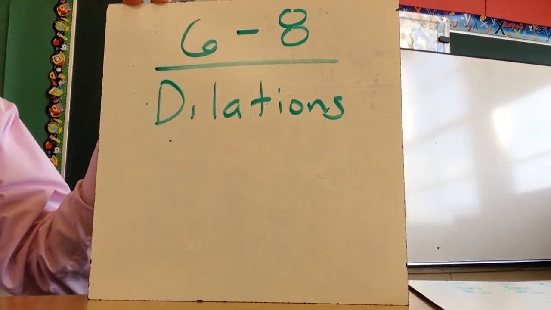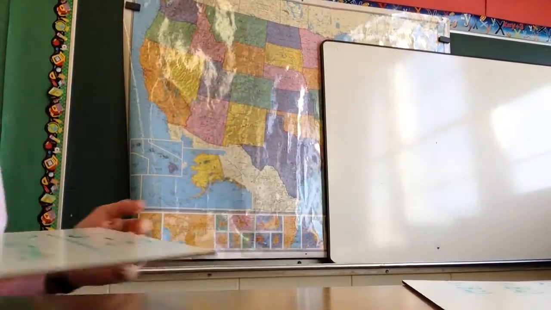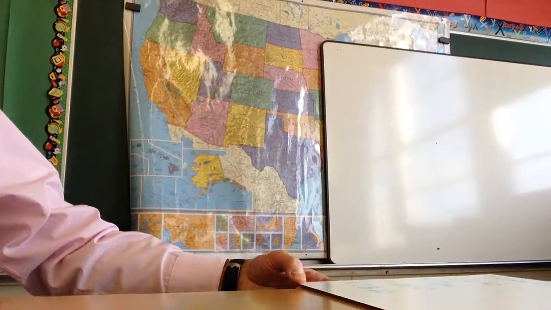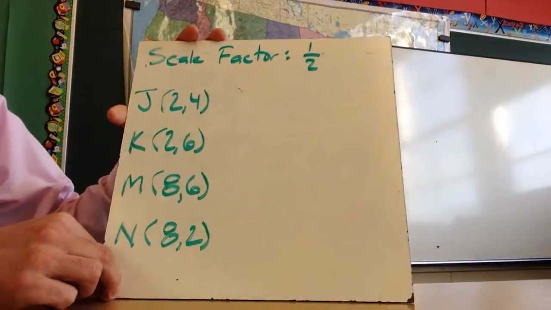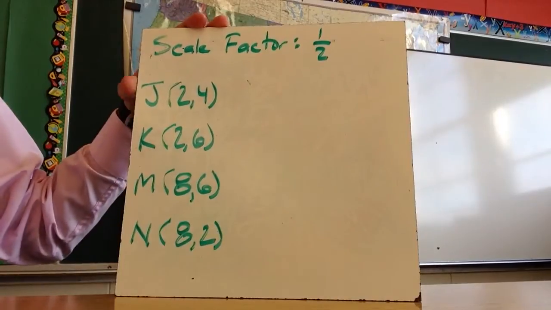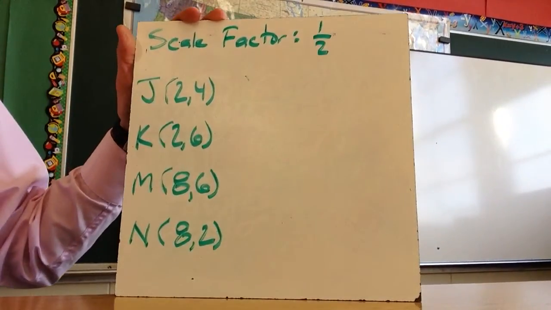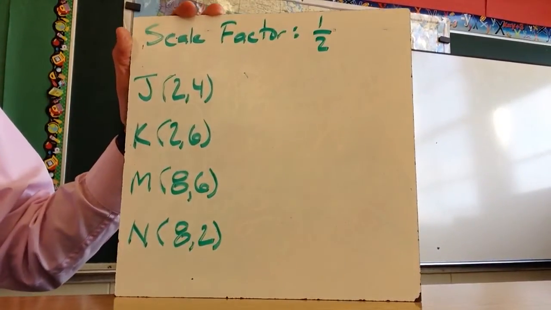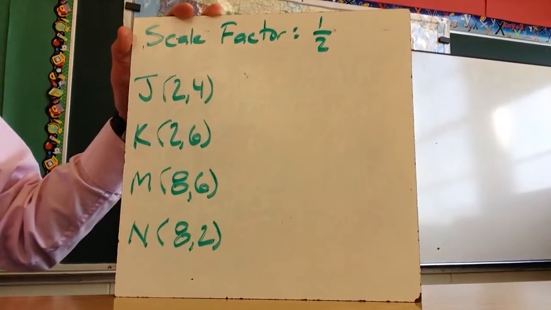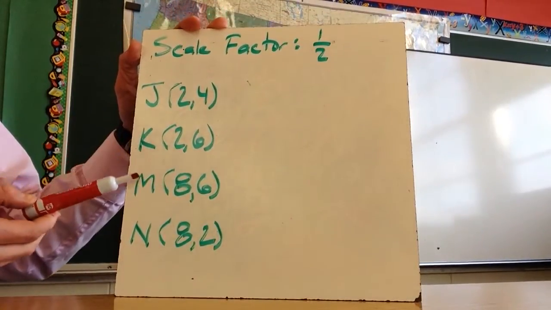This video will discuss chapter 6.8, Dilations. So we're going to talk about scale factor. And one way to look at it would be if you were to take this, it could be a rectangle or a trapezoid, some kind of quadrilateral where you've got these four vertices,